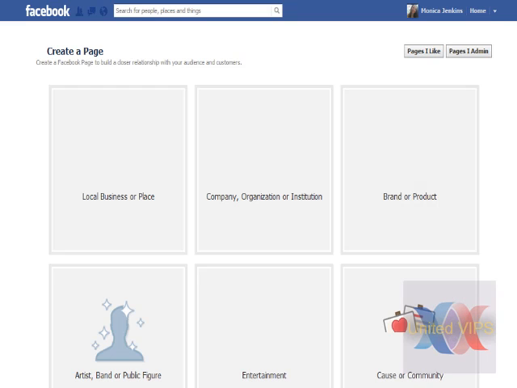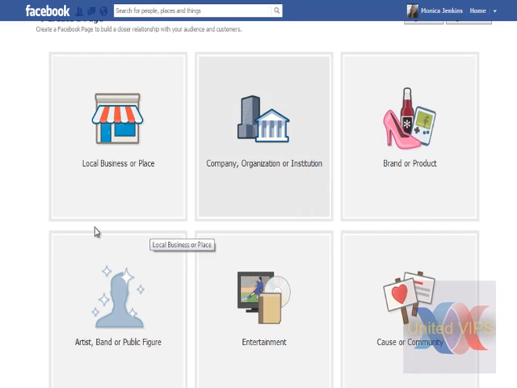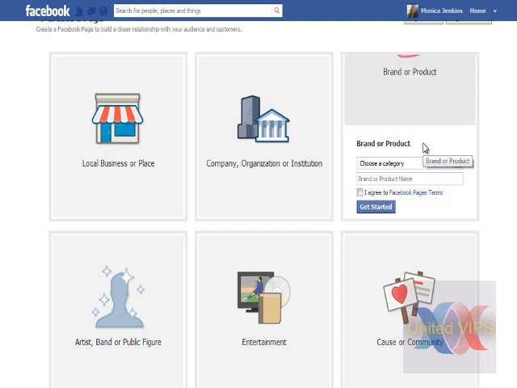Okay, so now you get to choose what type of page you want to make. So, let's go ahead. I'm going to work today with online branding tools. So this is going to be an overview of online branding tools that we can use. Okay, so that would be, it's under whatever I want. But I'm going to go ahead and put